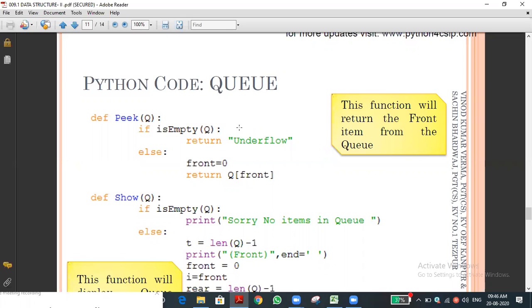Which is in the first position? Always imagine that we are standing in a queue. The elements are standing in the queue. So peek means the first inserted element. The first inserted will be the first one.